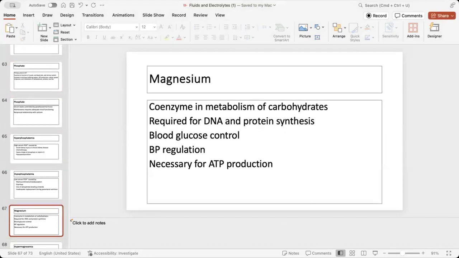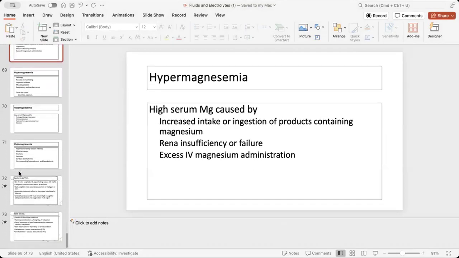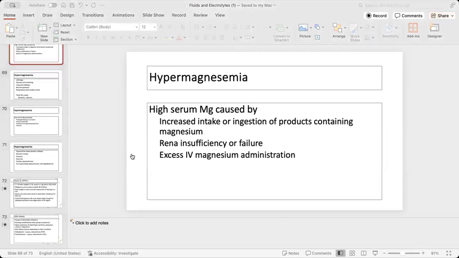Okay. High magnesium, obviously if you take in too much magnesium, and that should say renal insufficiency, not renal. Okay. Taking in too much magnesium IV. There's some antacids, some laxatives, milk of magnesia, right? That are full of magnesium that a patient could take in. So how do we treat it? We can treat it with diuretics, IV fluids, furosemide to help get rid of that extra magnesium.